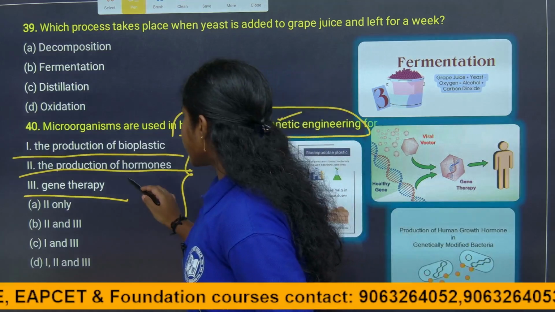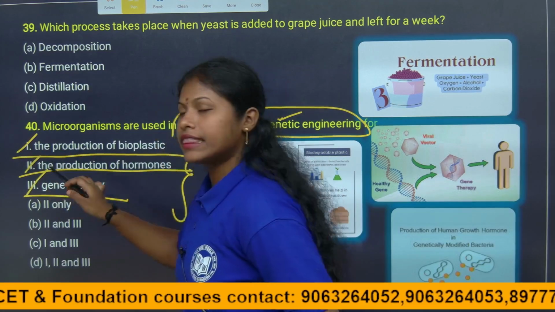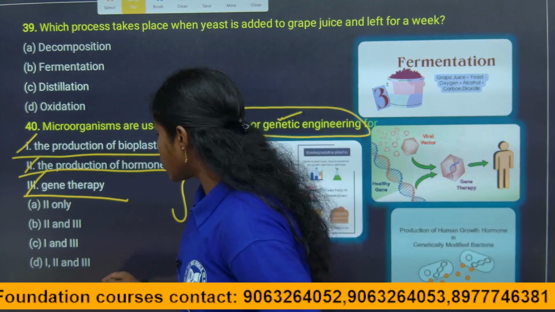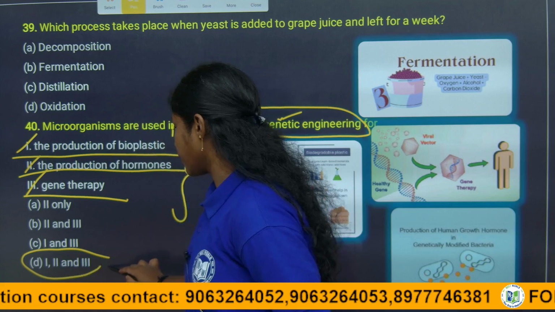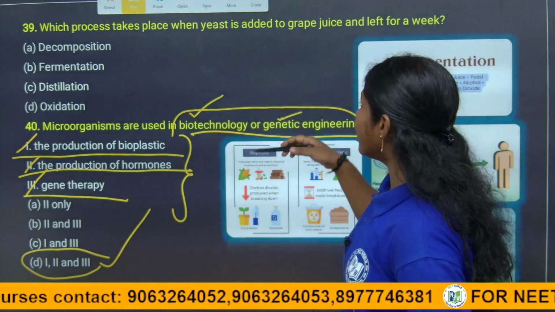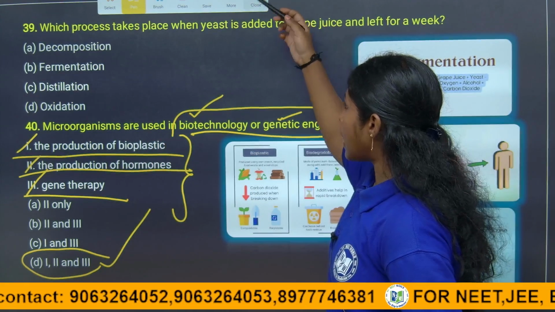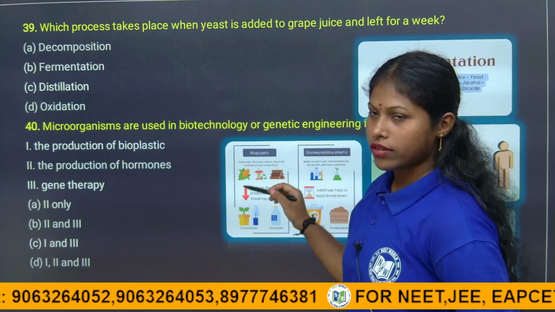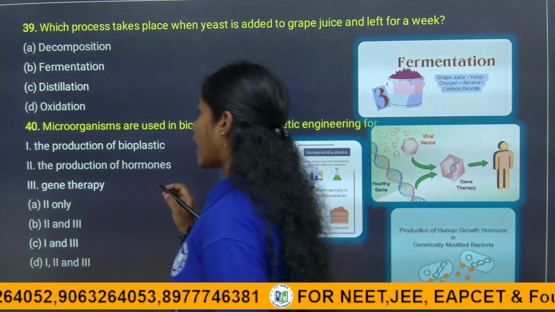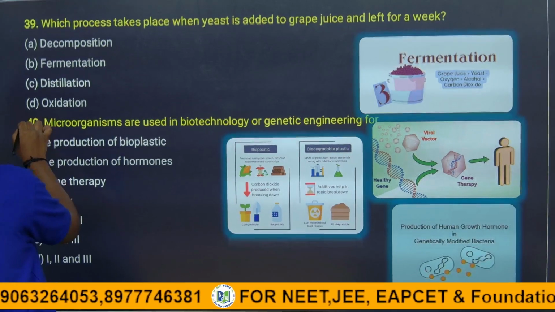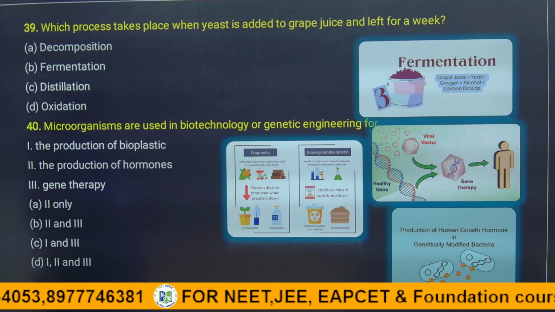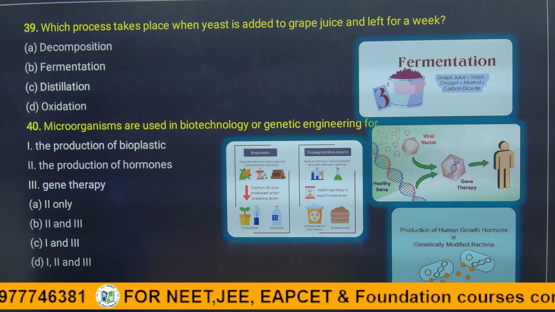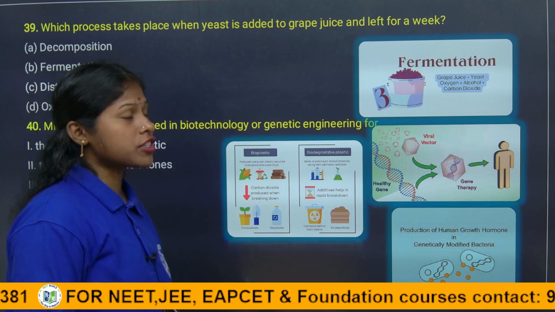So here is the question: 1, 2, 3 are correct answers, children. So the answer is D. You can learn more about this in the upcoming classes, children. Don't worry about this question. It is a little hard for you only, because I did not explain it to you. I will explain it very clearly in the upcoming classes, children. So this is what we have for today's session, children.